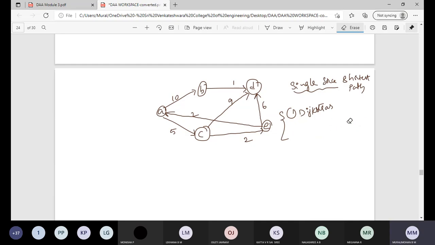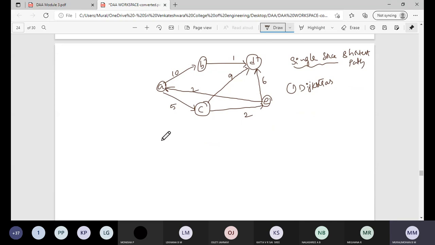Right. So now the question is, find single source shortest path for the below graph using Dijkstra's algorithm, right? So first, you just observe the edges are having directions. Now, how to solve this one? So let us take a tabular form. Let us take a different approach to solve this one. The tabular method, let us take.